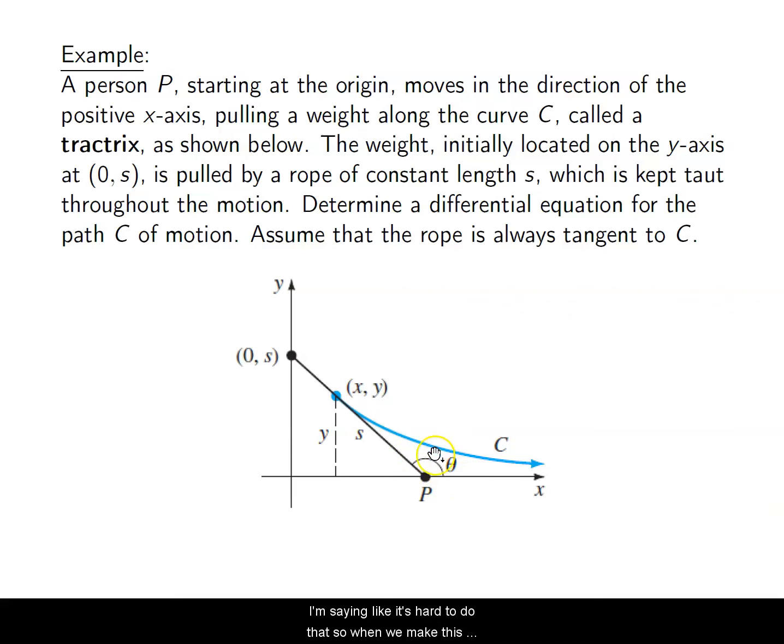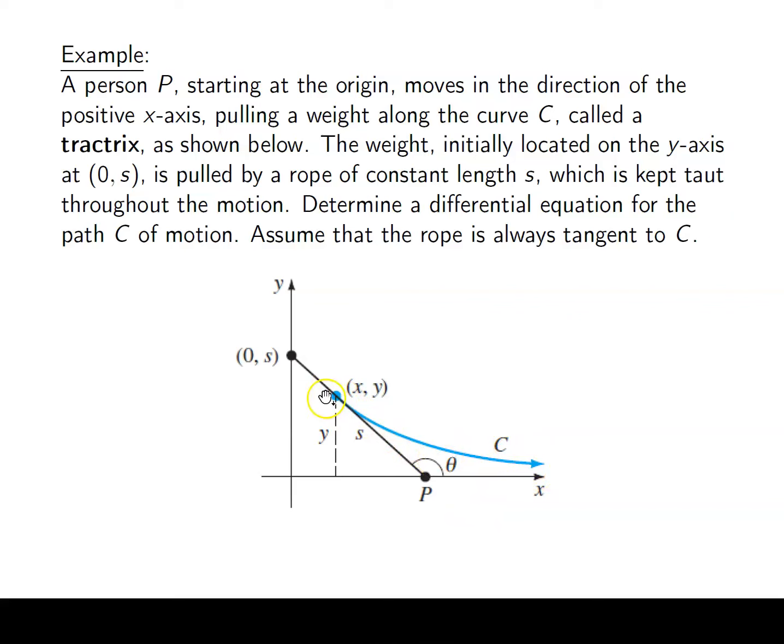So when we make this model, we want to use the constant values that we have, right? And not these weird values that we're using, right? So we are, however, going to use theta in our derivation for what we want to use. So remember, S is always constant and Y depends on this value of S. So what we can do here is we want to use rate of change, right? This line is always